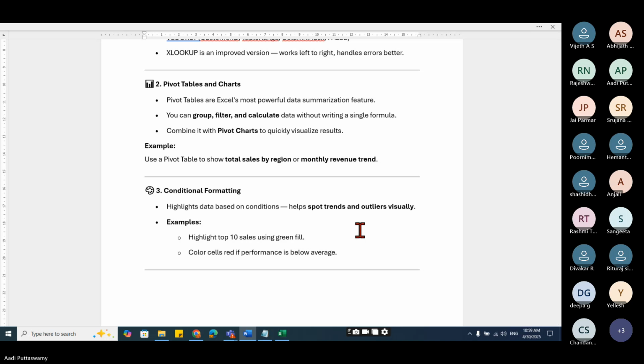Sometimes I need to summarize the reports. I want to get the report based on region, based on state, or various different reports. If I want to do that, I have to write a formula or a function, or do it manually. Instead, I can use a pivot table and create summarized reports. By using pivot tables, we can create wonderful dashboards within a few minutes. Okay, how easy it is. Let me just show you.